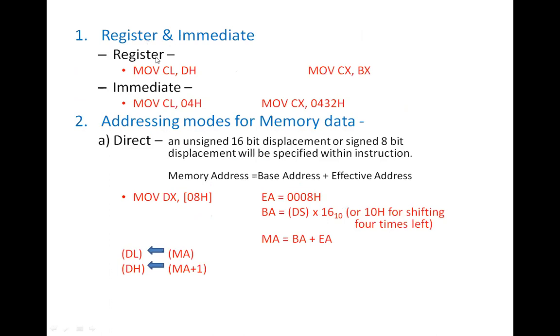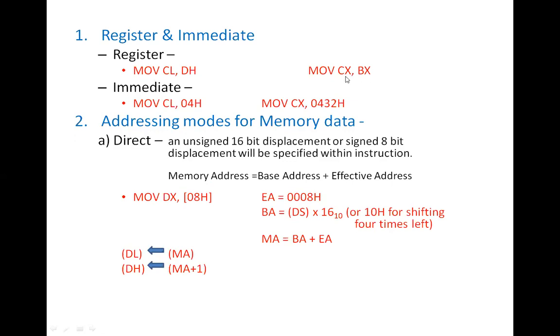As far as the register addressing mode is concerned, a register name will be specified. For example, MOV CL, DH. It means we want to copy 8-bit data, with an 8-bit source and 8-bit destination. DH is an 8-bit register and CL is another 8-bit register. We can copy the data with the help of the move instruction. So DH content will be copied in the CL register. Similarly, we can have a 16-bit transfer in which the BX content, which is 16-bit, will be copied